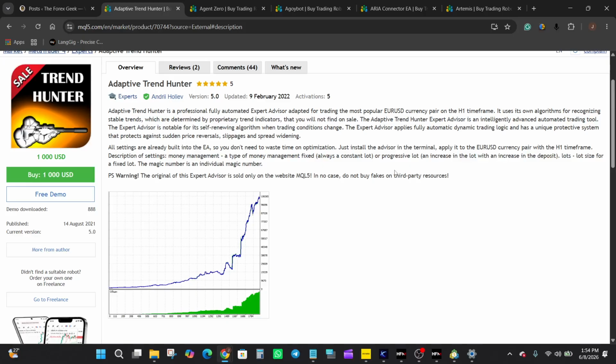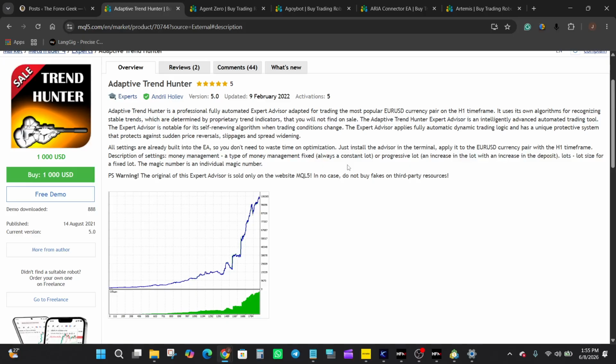designed to identify stable market trends. The marketplace information also mentions that these trend indicators are unique to the system and are not available separately. Another interesting point is that the EA is described as having a self-renewing algorithm that adapts when trading conditions change. Okay, so according to the developer, it also incorporates dynamic trading logic along with a protective system intended to help guard against sudden price reversals,